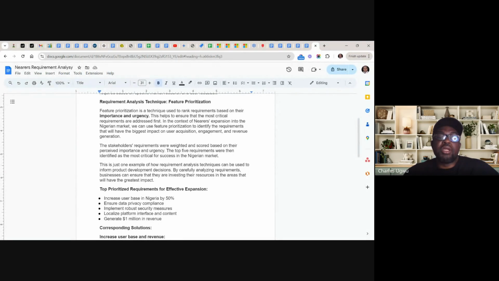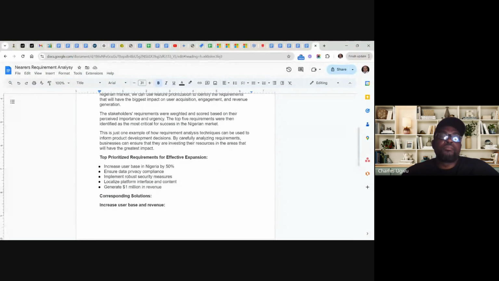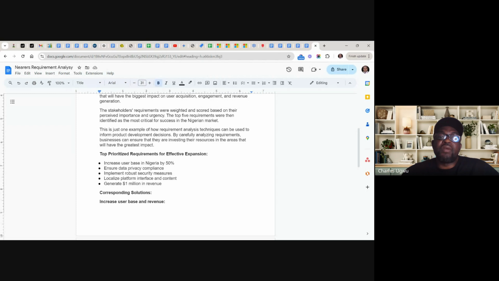This is just one example of how requirement analysis techniques can be used to inform product development decisions. By carefully analyzing requirements, businesses can ensure that they are investing their resources in the areas that will have the greatest impact. And the top prioritized requirements for effective expansion based on importance